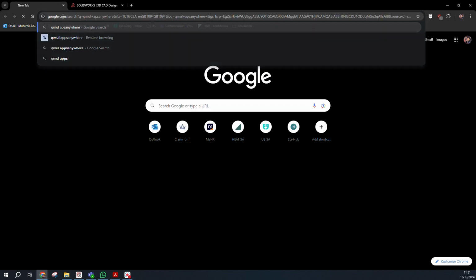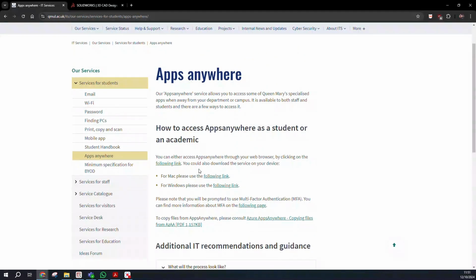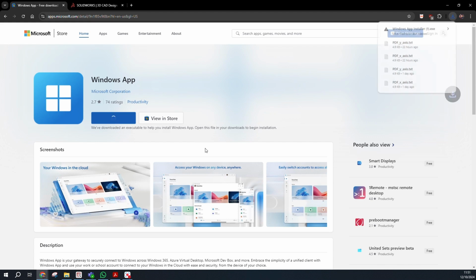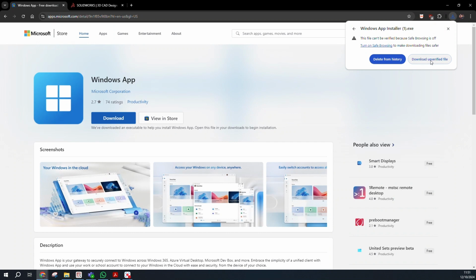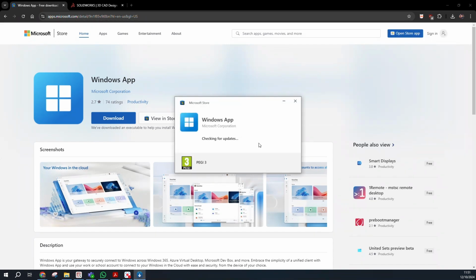As already mentioned, if you are working from home, you need to use QMUL Apps Anywhere. Because I'm working from my personal computer, I need to use this. You can also use this website too. So I'll select download, and then I will. And yeah, if you are working from your own PC or online, it's very important that you